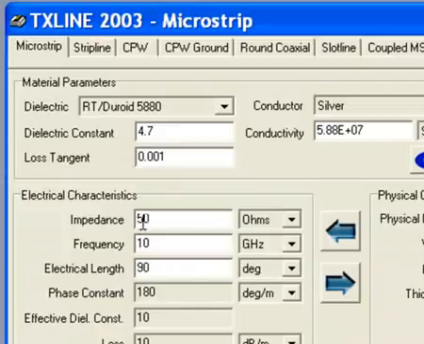The impedance of the line that we want to design would be 50 ohms. The frequency at which we're working would be 1 gigahertz. The electrical length of the line would matter if you wanted, for example, to design a quarter wave transformer, or if you wanted to match a line by using a specific length of line. But in our case, it doesn't matter. If you have a 50 ohm line, then it doesn't matter what length it is, it'll always be 50 ohms